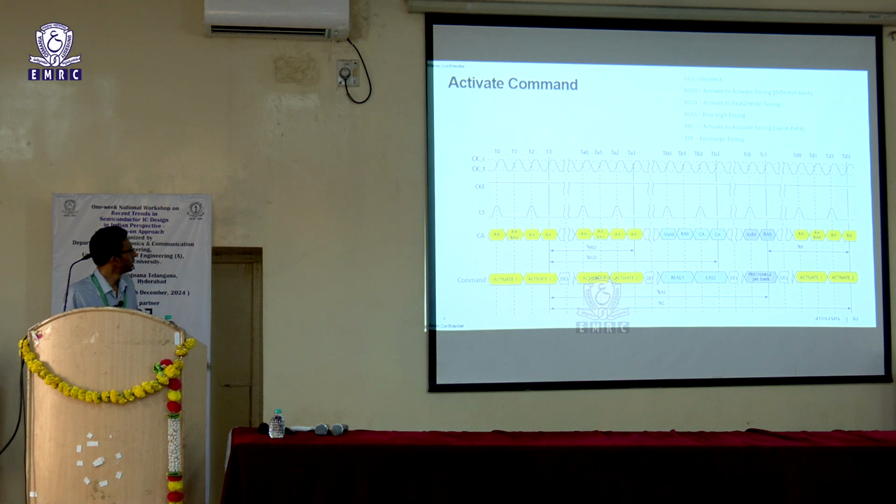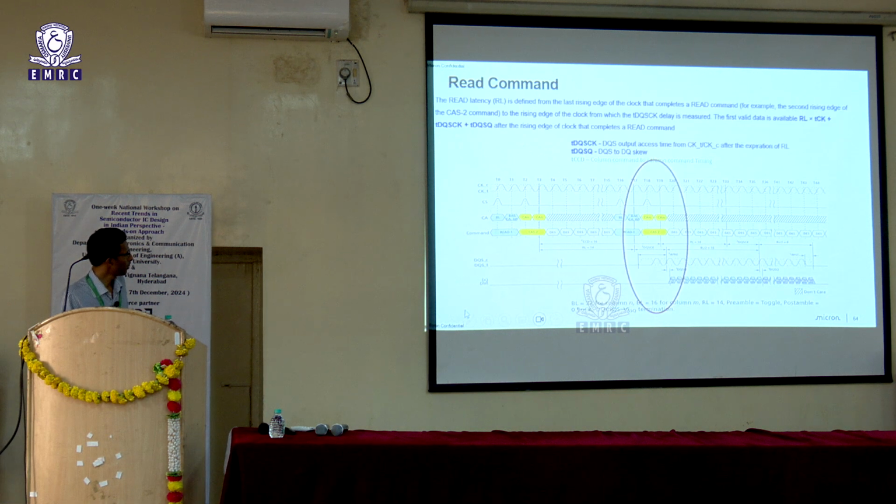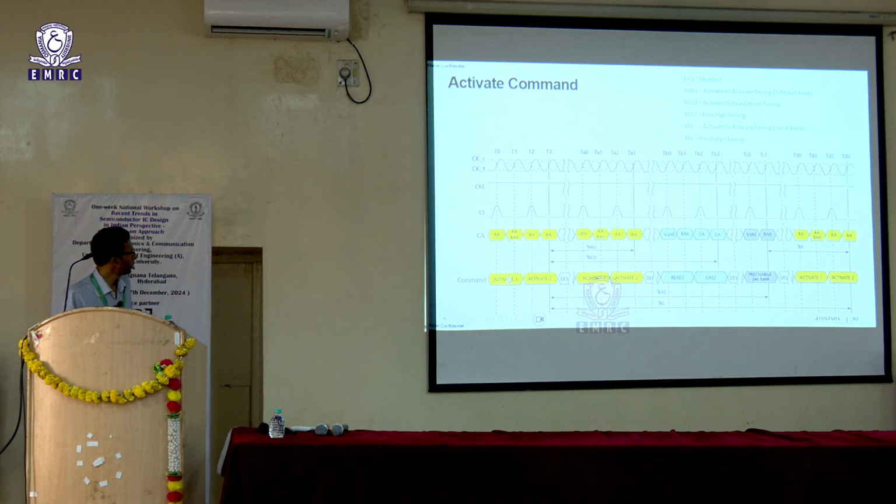So this is a typical timing diagram that you would have. This is your command address bus, this is your row address, this is your bank address that you are feeding in, and then this is your activate. This is the command. Sorry about that. By activate we mean a row activate. So you are doing a row activate, which is a multi-cycle command here.